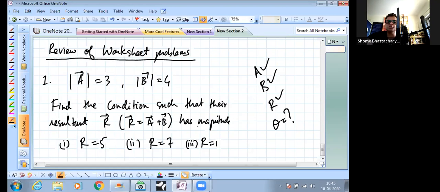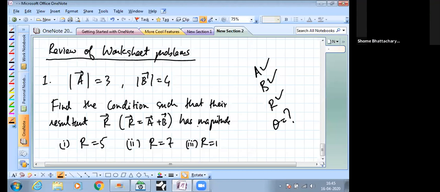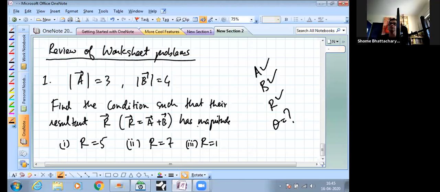Now, what I will also show you today here is how you can solve this by using what we call the formula method, which is the statement of the triangle law. That formula, that R is equal to root of A square plus B square plus 2AB cos theta. How we can use that also over here to find the angle. Okay. So first of all, I'll just give all of you a bit of time to work it out the way I told you using the geometry. Just work this out.